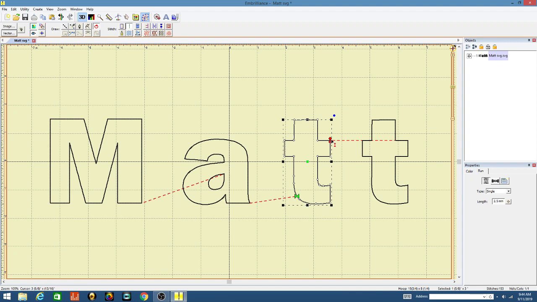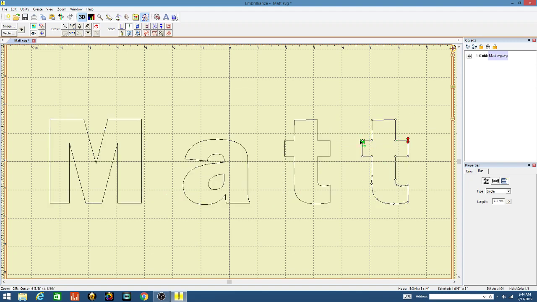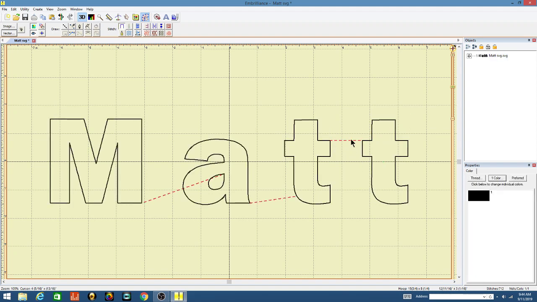And you can see that currently it's set up to jump all the way across our letter T. Let's change that and bring the start right there. So now there's this short jump between our letter T's. This is really a little bit confusing because it's going to first stitch out the inner part of the A and then it will move down to the outline of the A. So we have that jump stitch to deal with. So now that we've organized all of our jump stitches and modified those to a better organized and more economical jump stitch, we're ready to